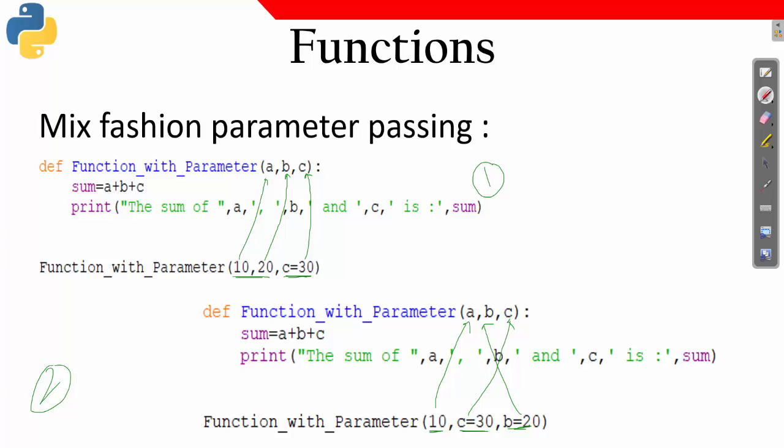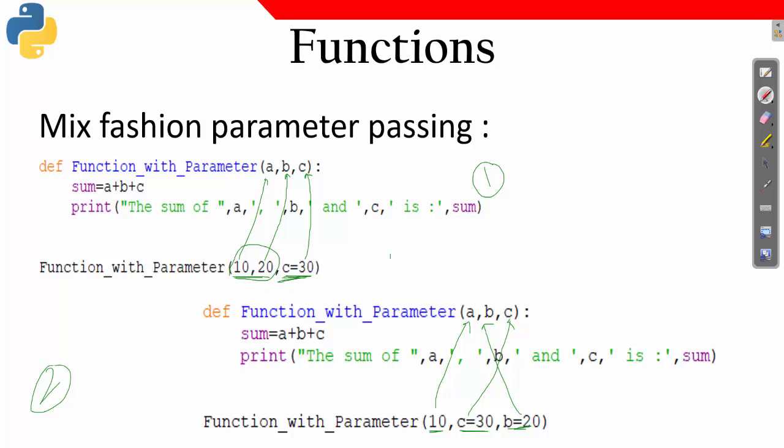Whenever I am doing mixed fashion kind of parameter passing, it means I am using passing by value and passing by keywords. Then I need to use the passing by value first and then I will be writing keywords.